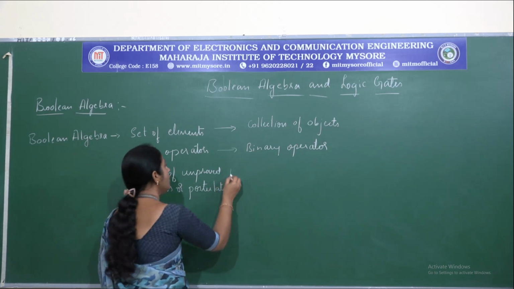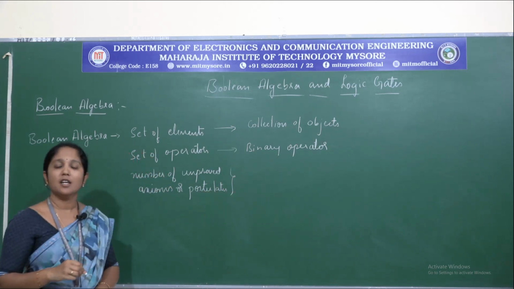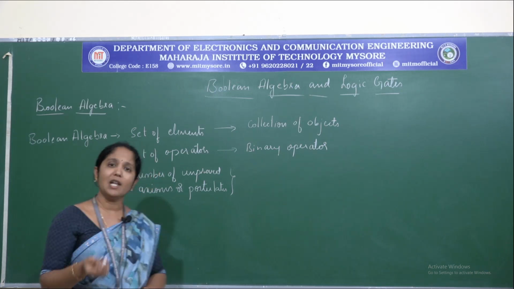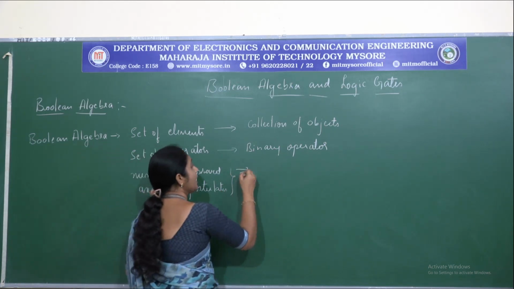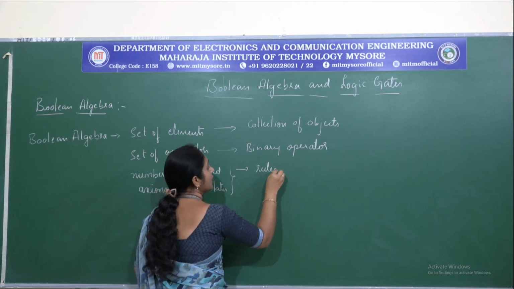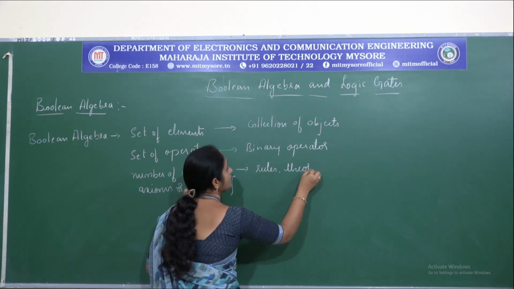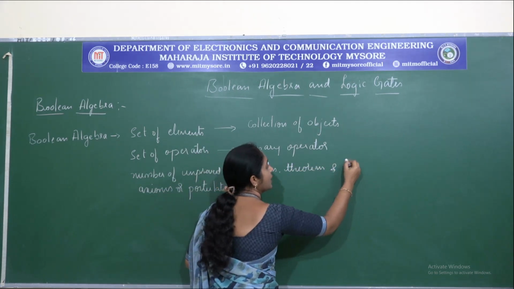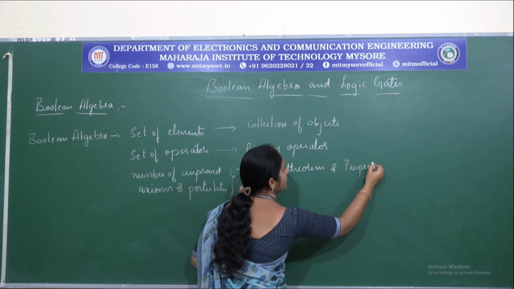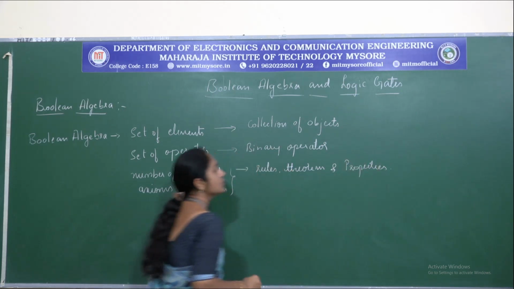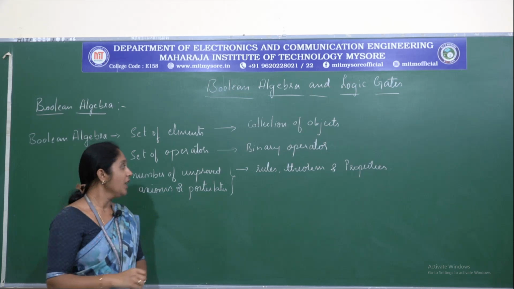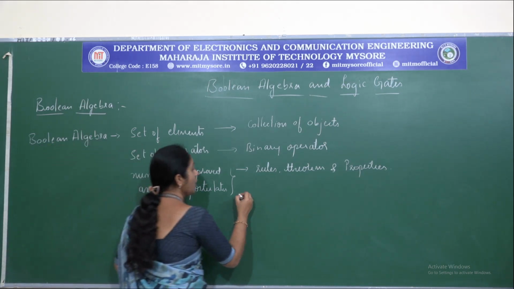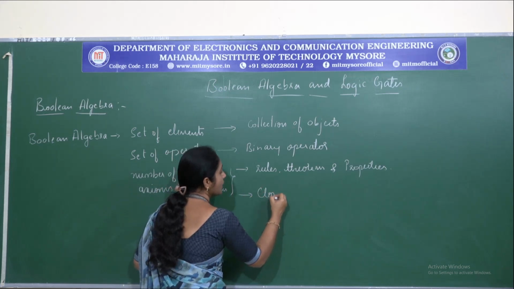Next we have postulates. Postulates in any mathematical system are the assumptions we make. Those are the assumptions which help us derive the rules, theorems, and properties of the system. Now let us see the postulates we have in any algebraic system. Postulates include closure,